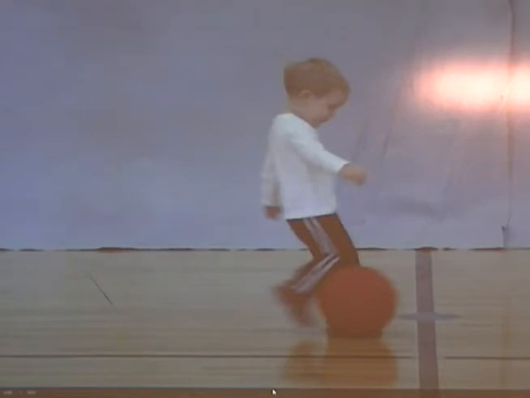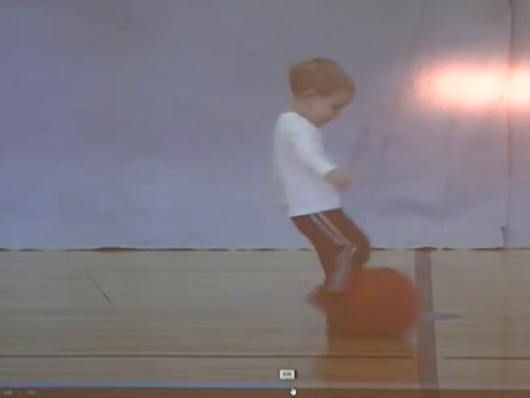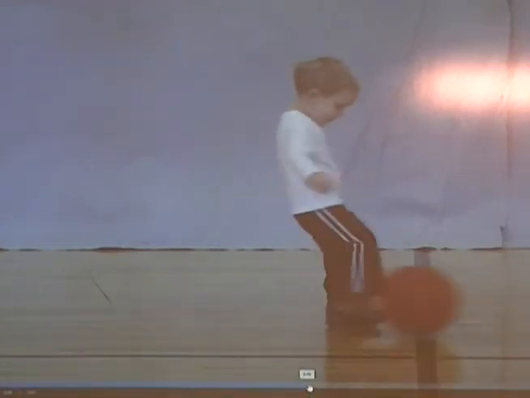I think he almost kicks it with his knee rather than his foot. But see, his leg is still bent there as the ball is leaving his toe. So it's not the best example of what I want you to see here because that ball is way too big for him. But you can see that that is not going to go very fast,